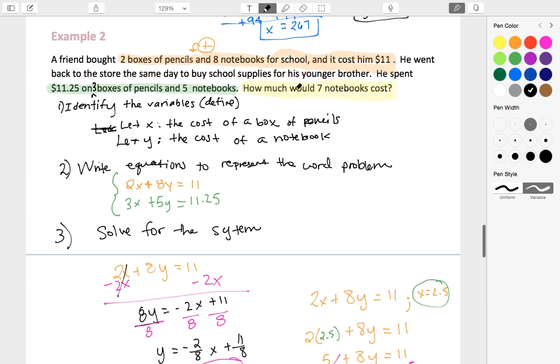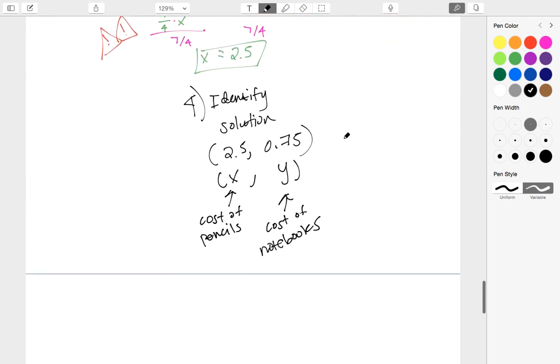Here, our question said, how much would 7 notebooks cost? Well, if we know it costs $0.75 for notebooks, then what we have to do, which is the final step here, is multiply that. So if we know it costs 75 cents per notebook, then all we need to do is multiply this times 7 to figure out the price for 7 notebooks, which will end up being